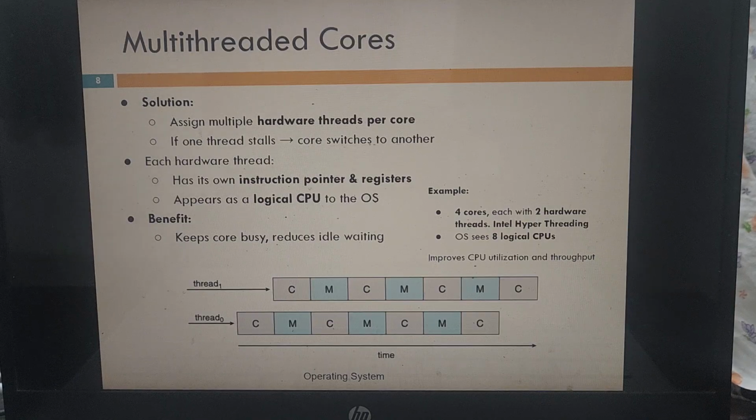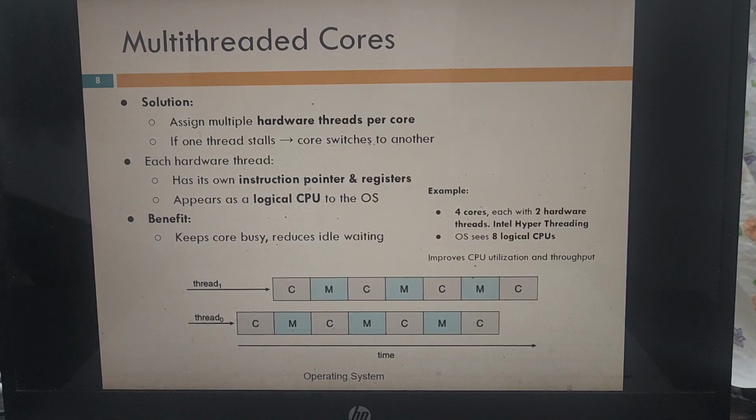By assigning multiple threads to every core. A thread, let me remind you, is one subunit or one sub part of a process, and a core is just another term for the CPU. So what do we do here? We assign multiple threads or multiple processes to every CPU. The CPU will start working on one process, and if that process requires some data to be fetched from the memory,